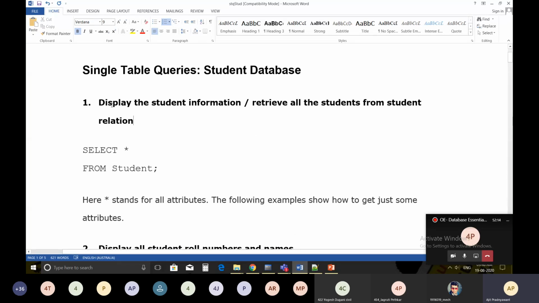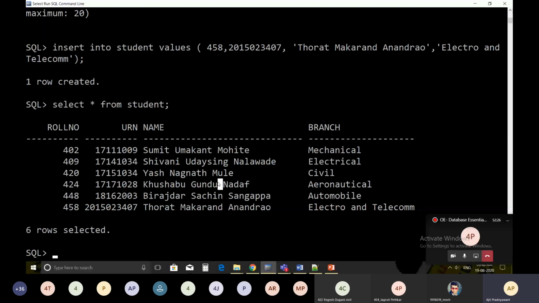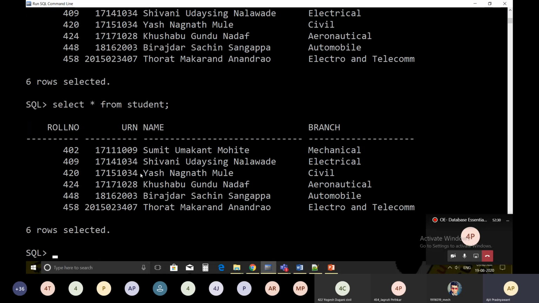How will you write the query for this? Simply mention select star from student. It will retrieve all the student information. So already we have covered this. Just mention select star from student to retrieve the values.